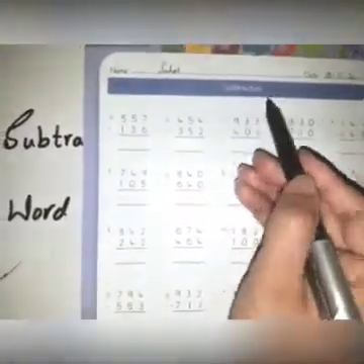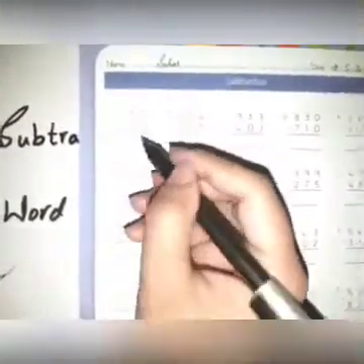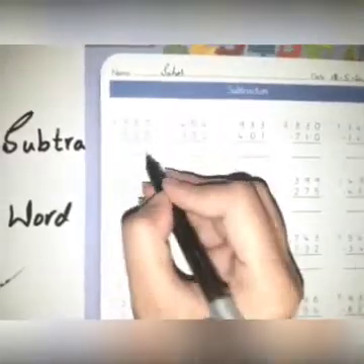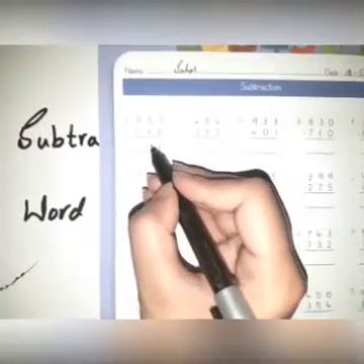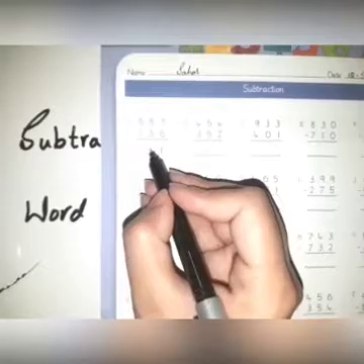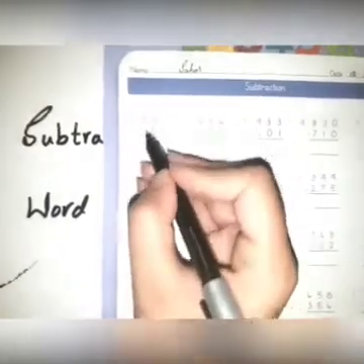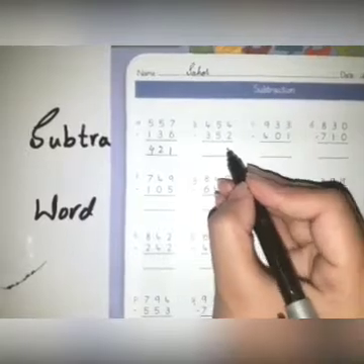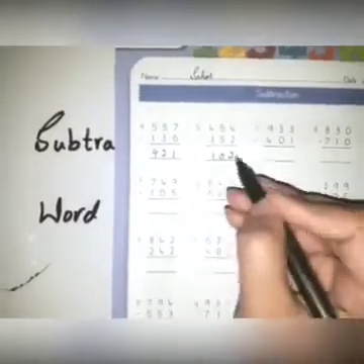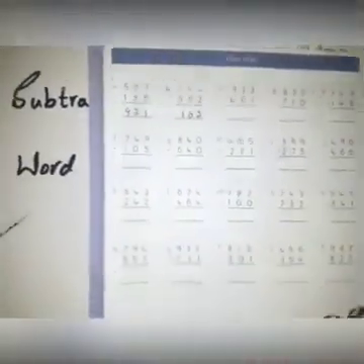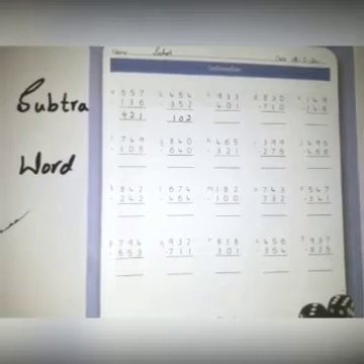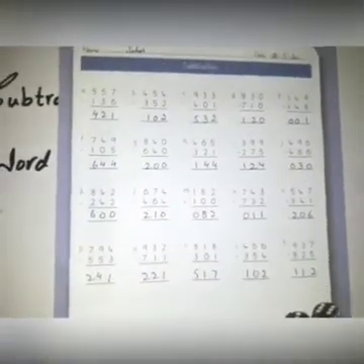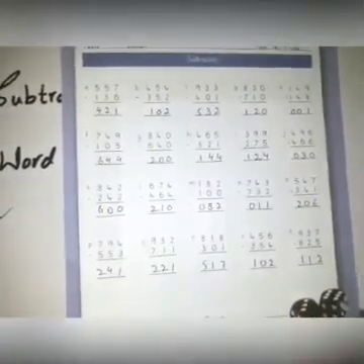The topic is subtraction. Now simply subtract 6 from 7. The answer is 1. 3 from 5. The answer is 2. 1 from 5. The answer is 4. Same here. Now you have to do all this worksheet on your resource. Now look at here. There are all the answers of the questions. You can match